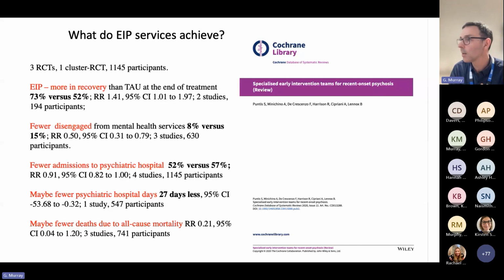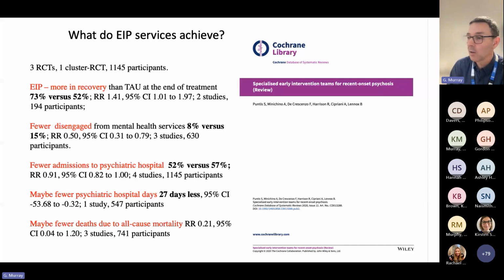So fantastic. And I think it's really important to remember that this is very, very rare in any area of medicine or healthcare to have RCTs at the level of service organisation. And usually managers and commissioners decide some stuff, somebody thinks it's a good idea, and then it happens, and there's no randomization. But we're very privileged to have had RCTs, and those RCTs are the reason that